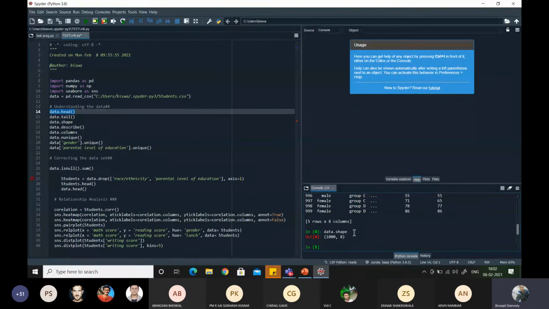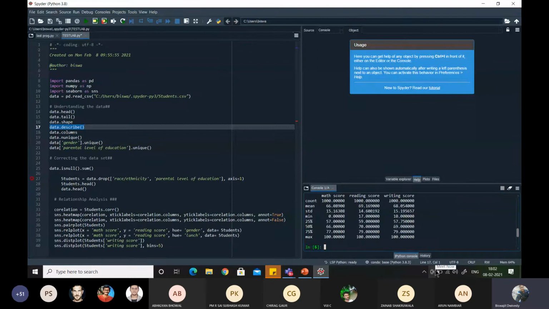Similarly, if you are using data.describe, let us see what happens here. Data.describe is a special function that is used to get some basic mathematical and statistical parameters of your data.